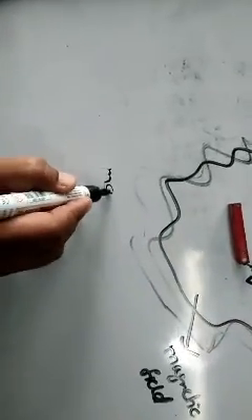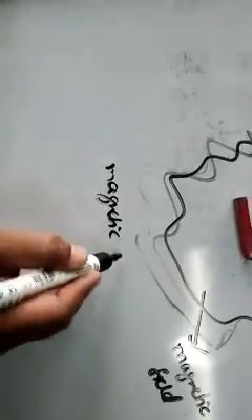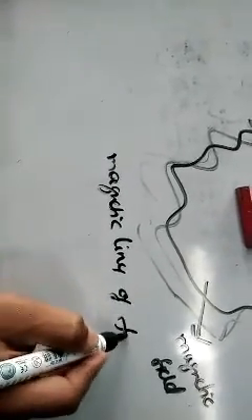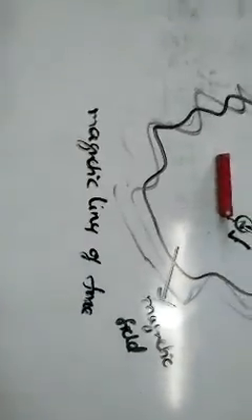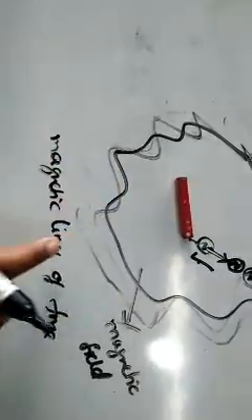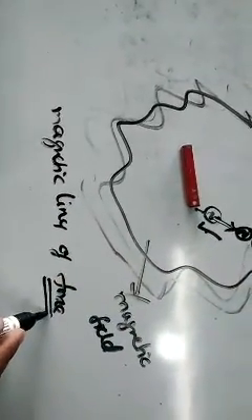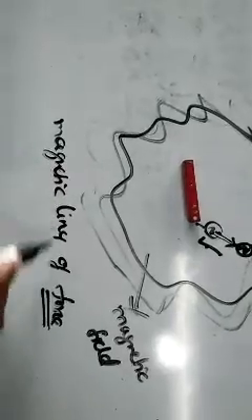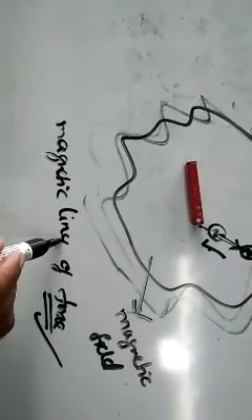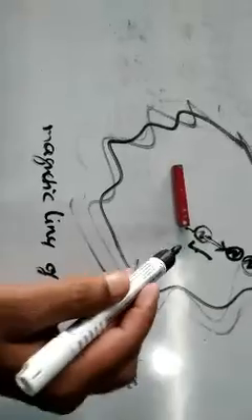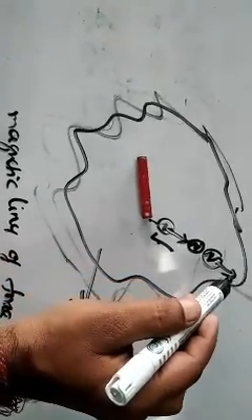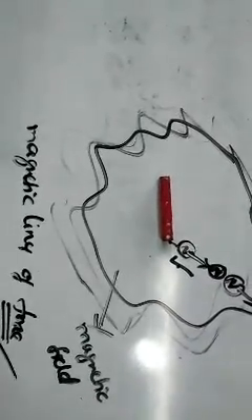What is the name here? Magnetic lines of force. Very easily you can remember this name. The magnet's effect is there. Along some line this north pole is moving by the application of force by the magnet. The magnet applies some force, then the north pole is moves along a line. So that imaginary path is known as magnetic line of force or magnetic field lines.